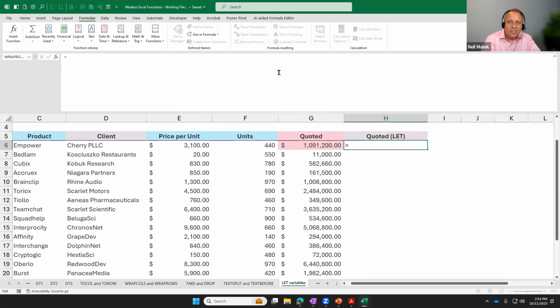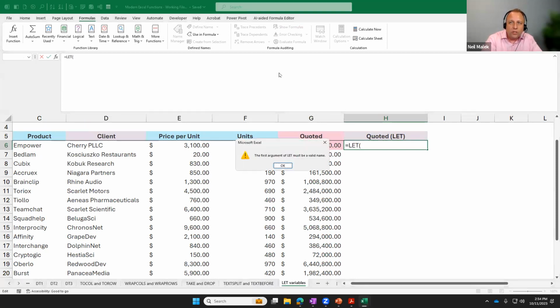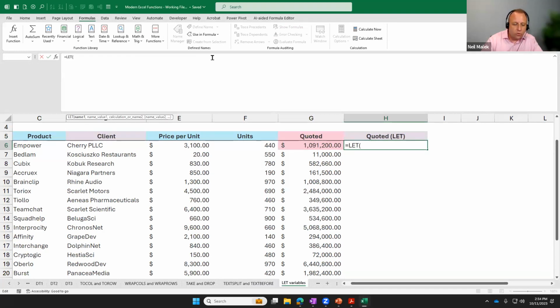So I'm going to do equal sign LET, there we go. And what I'm going to do is press Alt-Enter on my keyboard, and I'm going to say, okay, the first thing I want to do is come up with a variable called, let's call it standard price. Now, standard price should be equal to E6 times F6. Now, everybody, that's the last time I need to multiply E6 times F6, because after this, I then can go in and I can say if the standard price